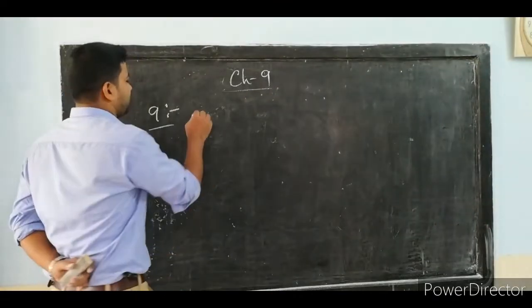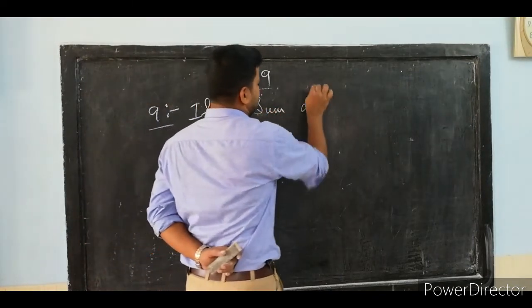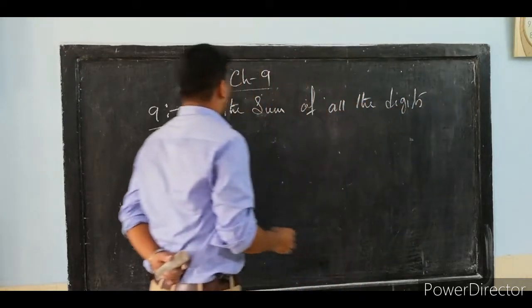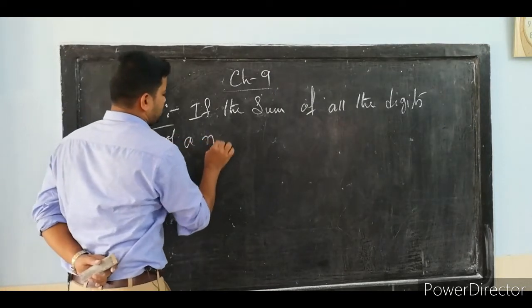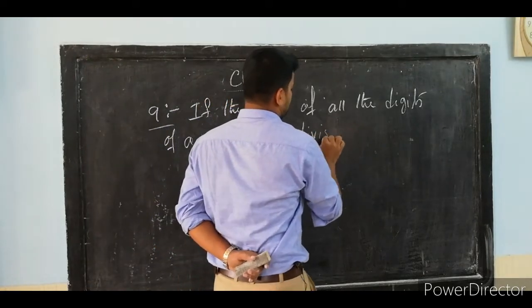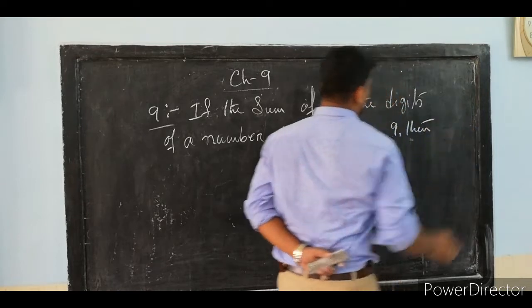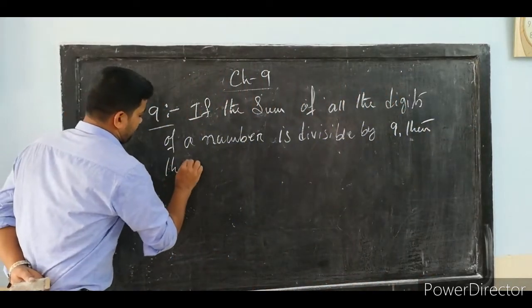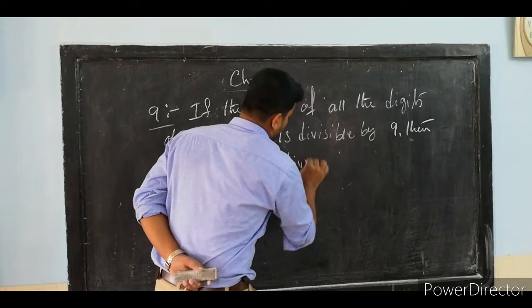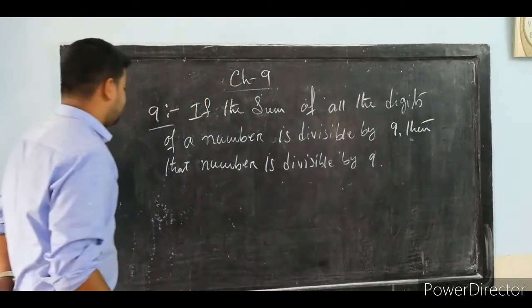Here we will write, if the sum of all the digits of a number is divisible by 9, then that number is divisible by 9. Example,